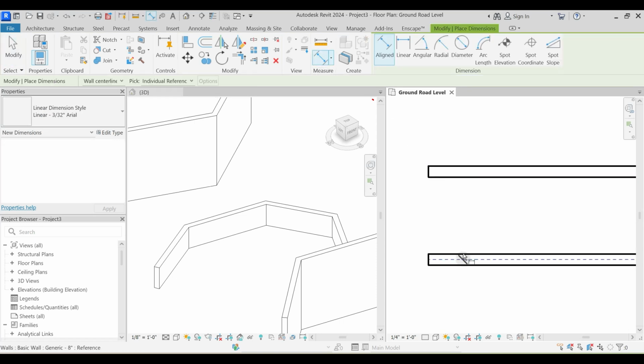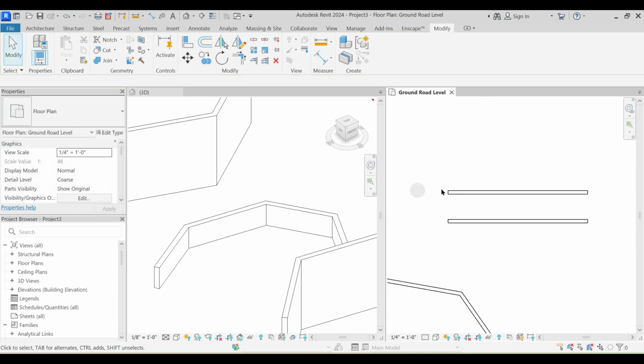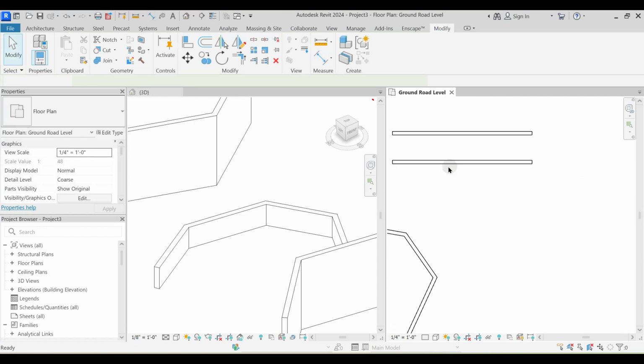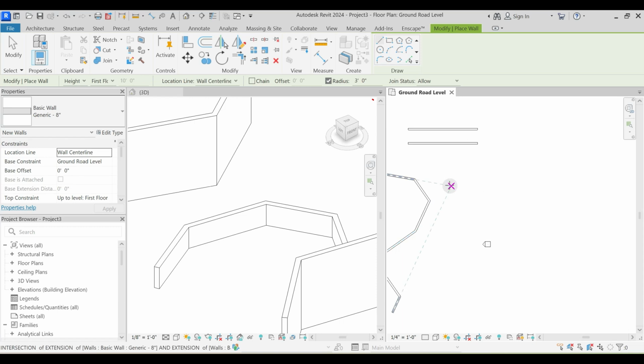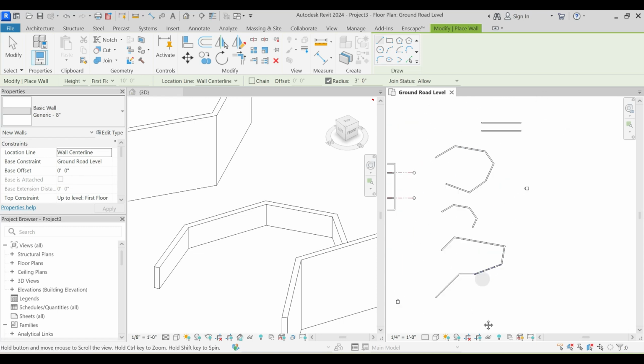So that's why it is snapping to 5 feet from this particular wall center line. Press tab and see, this is the 5 feet distance. Okay, so that is the option to draw the parallel walls. Next is this radius, the radius of 3 feet. If I again go on drafting the walls,